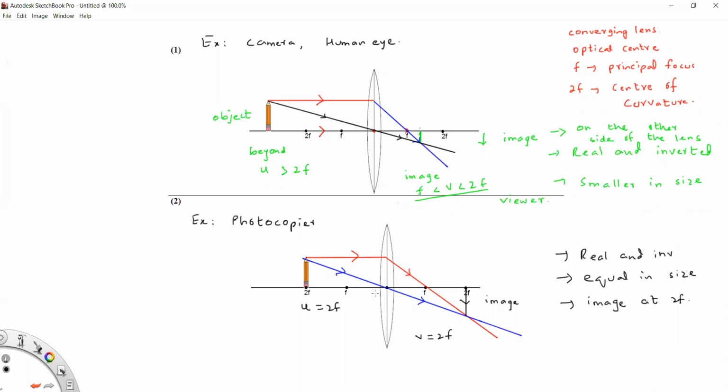Photocopy. See, if you photocopy a page, there is an original copy and the photocopied page. There is no change in size. Am I right? They are exactly equal in size, unless you make micro copies for your assessments, or for past papers, or for some formula. Normally, it is equal in size. Am I right?